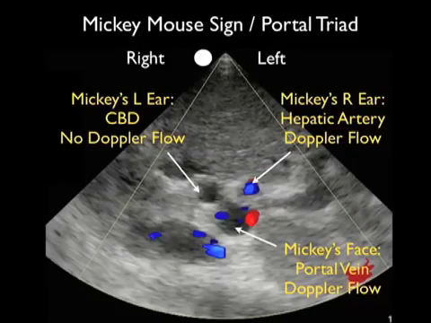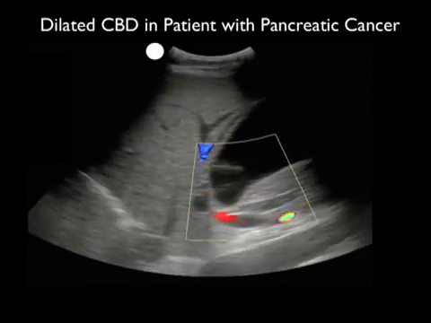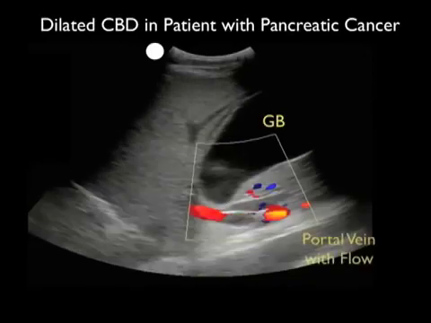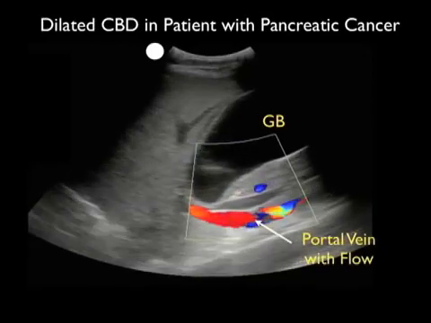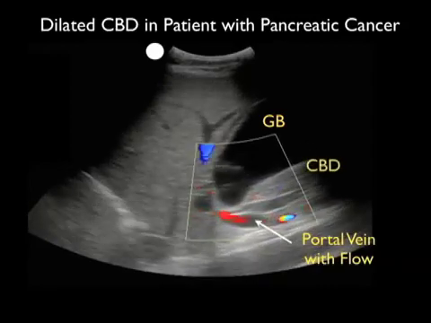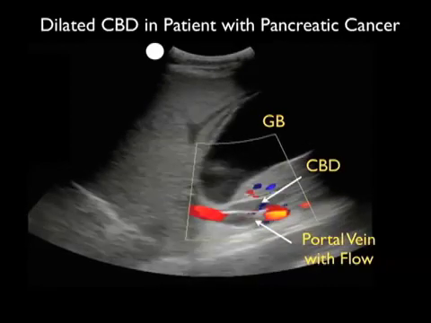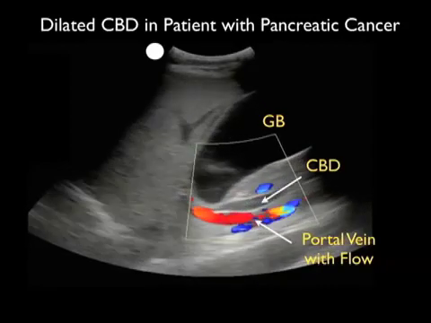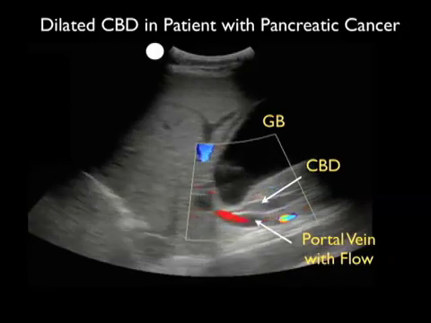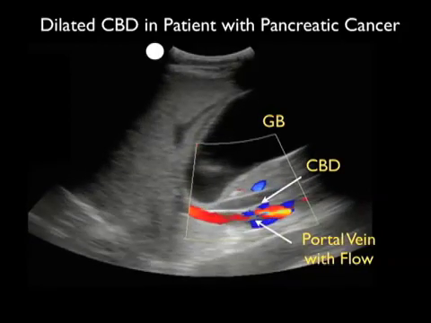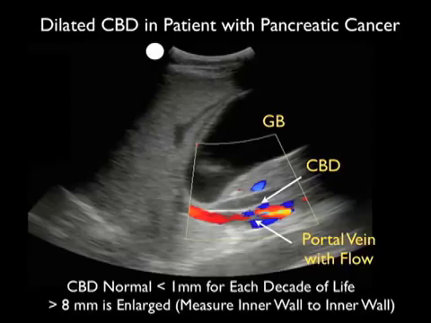In this video clip, we can appreciate the common bile duct and portal vein in more of a long axis configuration. We've turned the probe so now the probe marker is over towards the patient's right shoulder, and we see the gallbladder towards the top of the image, and notice here we see two parallel channels towards the bottom aspect of the image. Notice the portal vein with Doppler flow, and on top of the portal vein we can appreciate the common bile duct. As the common bile duct enlarges with obstruction, it will become as large or larger than